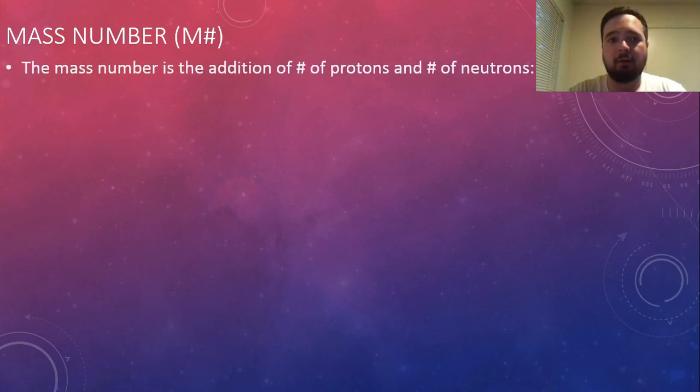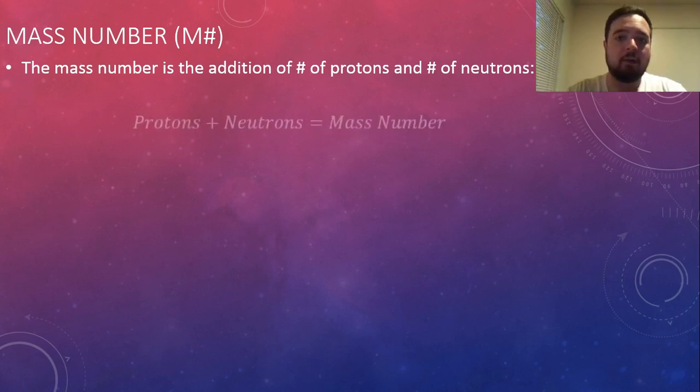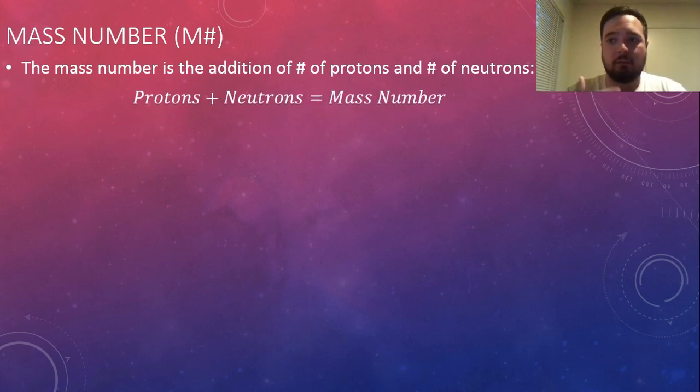The mass number. The mass number is the addition of the number of protons and the number of neutrons within the nucleus. Okay, now mathematically you can distinguish it as this: protons plus neutrons equals the mass number. The notation that we just described for each subatomic particle, you can also notate it as this: P+